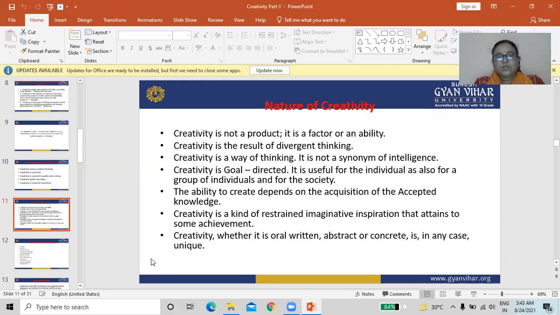The ability to create depends on the acquisition of the expected knowledge.